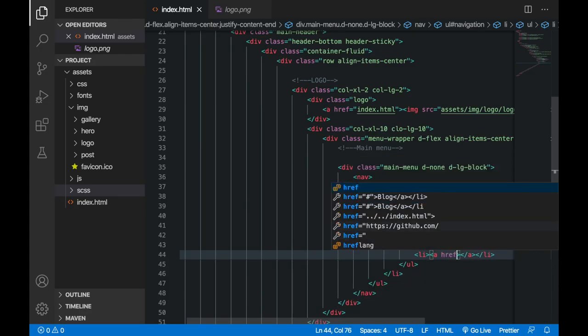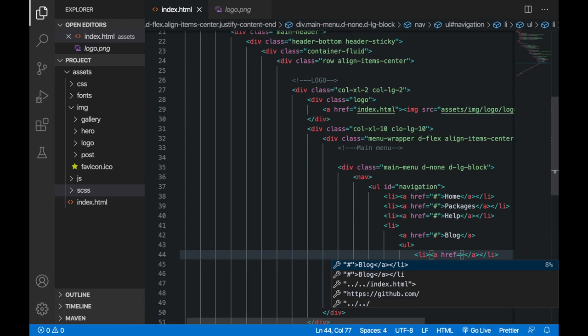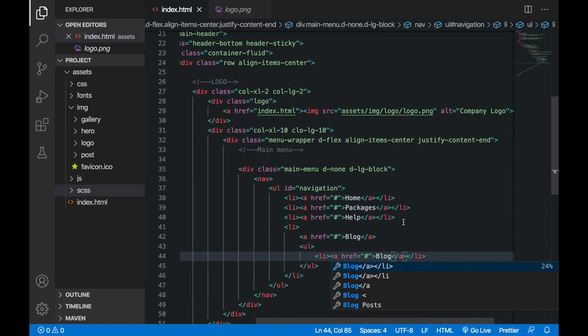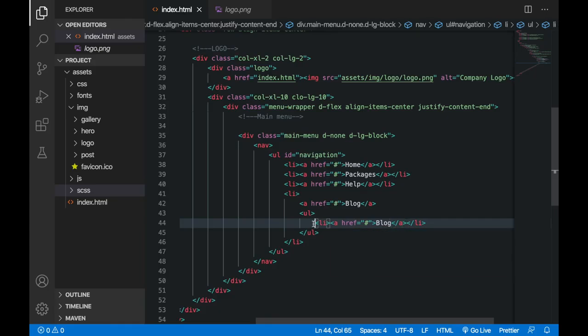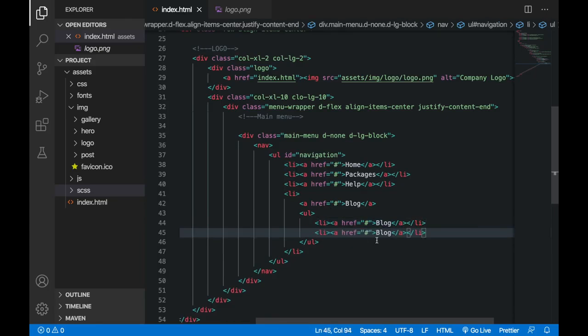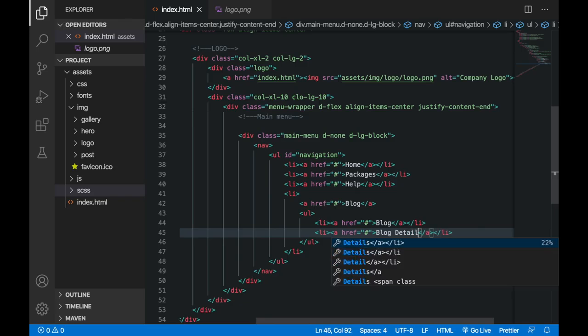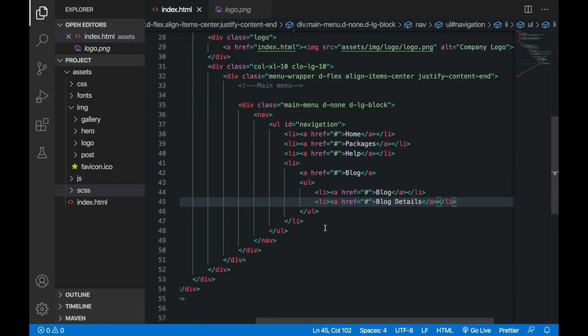So href equals, here again I will make a dummy link, I will say my blog again, and then here copy this, paste it here, and I'm just going to change this heading. So here I will write blog details, and that does our job.